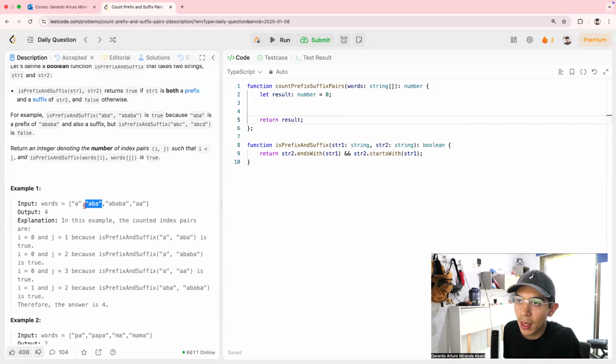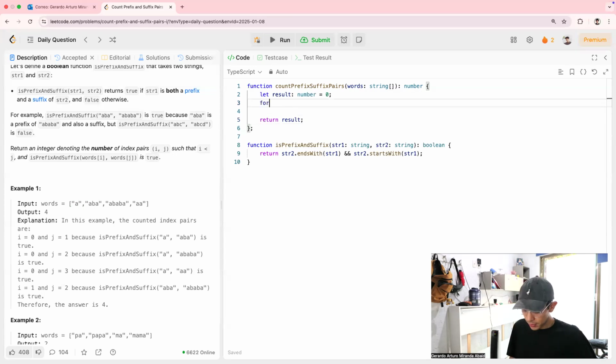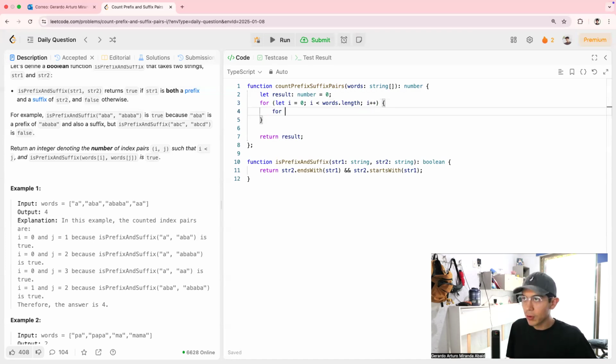So we don't need to be comparing our words with the previous words. So that is going to be a nested loop in which we will start in I+1. Okay, so let me create this loop so it's better for you to understand it. The first one, we will start it at index 0. So we will be iterating until I is less than the word's length, and I'm going to be incrementing I in each iteration. And for our nested loop, I will say that j is going to be starting at I+1, and we will end the iteration of j